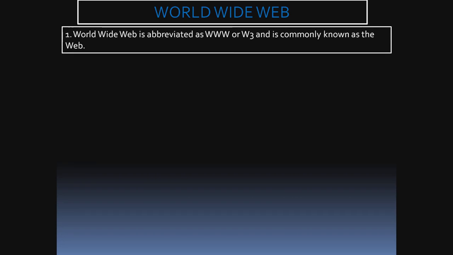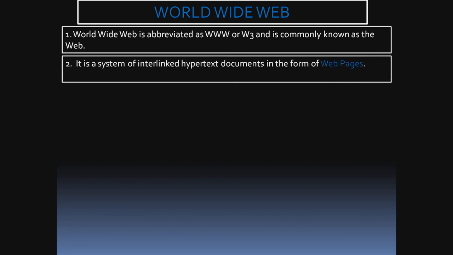Now let us see, what World Wide Web is. It is actually a collection of interrelated web pages. In short, it is known as WWW or W3, or it is commonly known as web. It contains interlinked hypertext documents in the form of web pages. Now students, we know what web pages are. We have already learned to create web pages and how they can be interlinked. We also know that by using the hyperlink feature Ahref, we can interlink them.